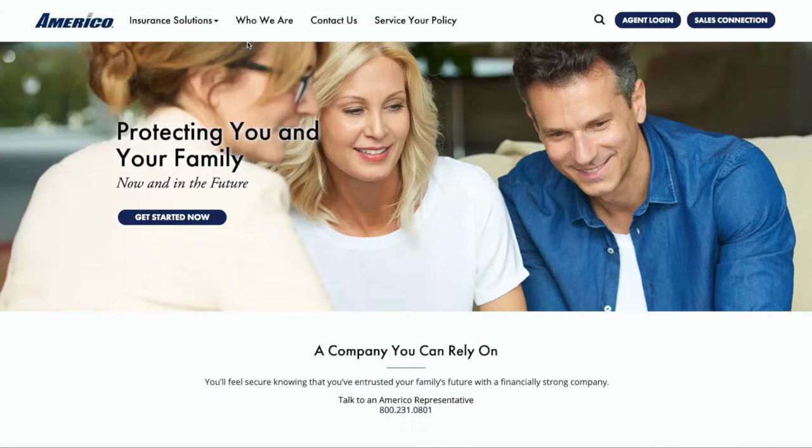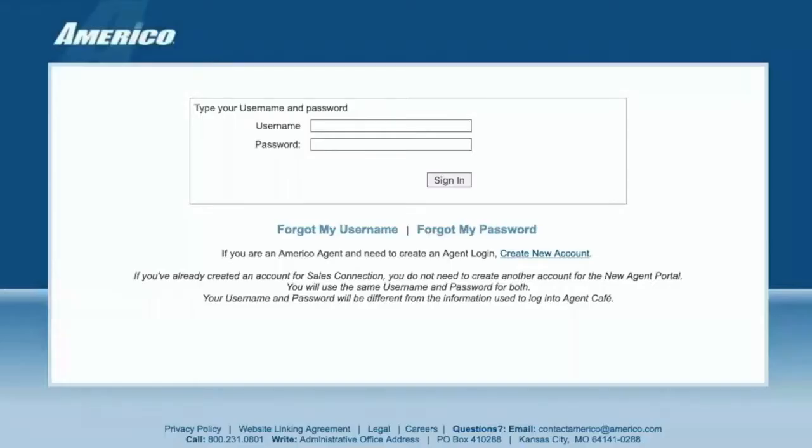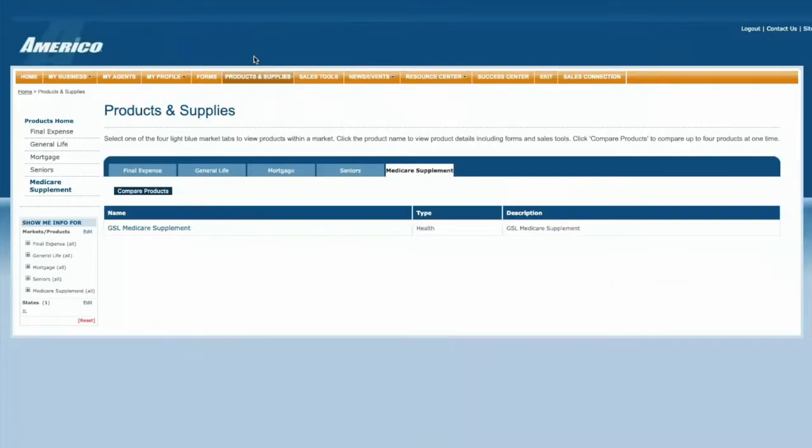I'm going to be showing you today just how quick and easy it is to order Medicare Supplement supplies for Americo or Great Southern Life. To get started, just go to americo.com and click on Agent Login. Once you get to the sign-in page, you'll just put in your username and password, and that'll direct you to